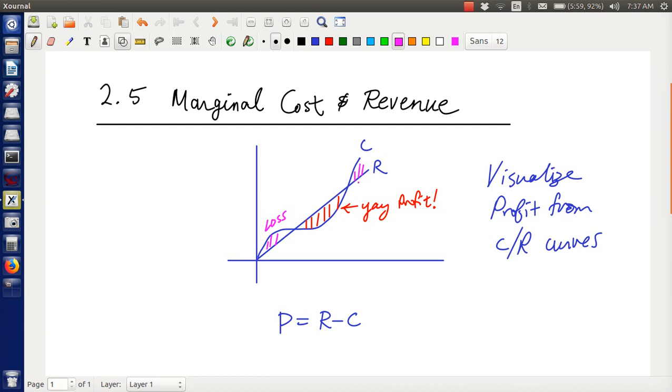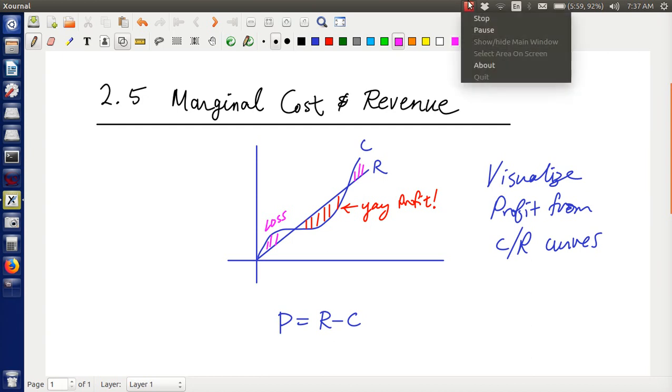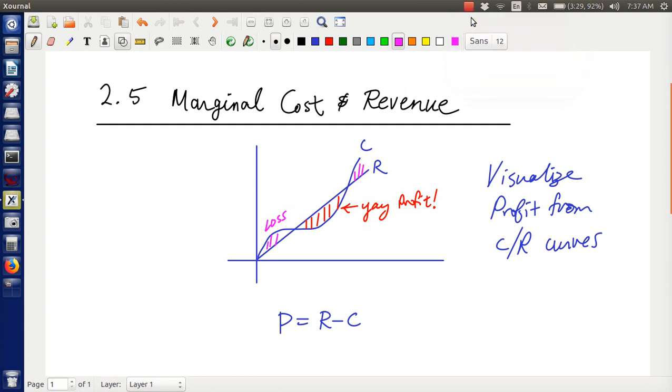Okay, so what situation will cause this kind of weird looking curve? This is a really dramatic, typical example, but I want you to see this. This is a very common cost diagram. Down here, it looks like a line,